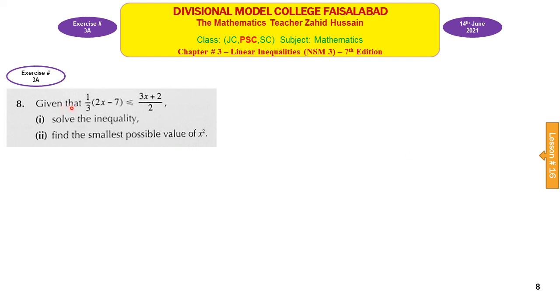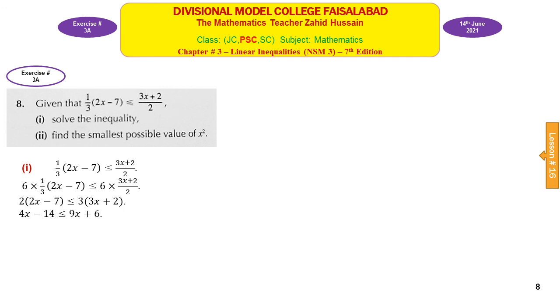Again in question number 8 you are asked to solve this inequality in part 1. Solve this by multiplying each term with the LCM of the denominator, which is 6. Simplifying, we get this inequality, remove the brackets, collect like terms. Dividing both sides by negative number will change the sign of inequality. Minus 5 will change this sign of inequality. We get x is greater than or equal to minus 4. So these are the values of x greater than or equal to minus 4.